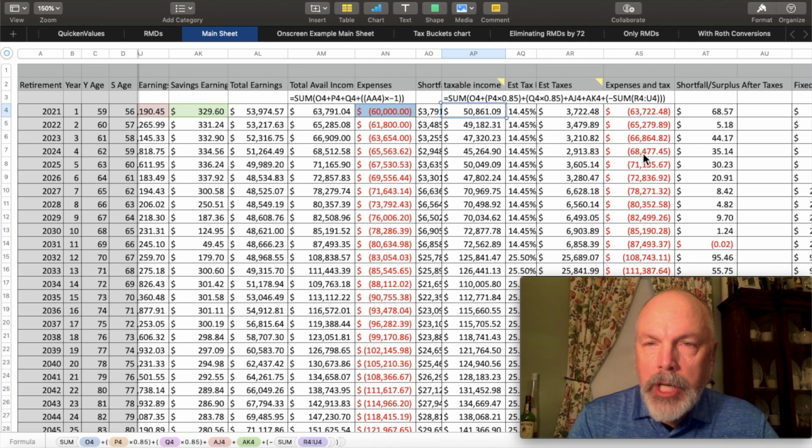So join me next time when I go through the details of estimated income and estimated taxes on this retirement